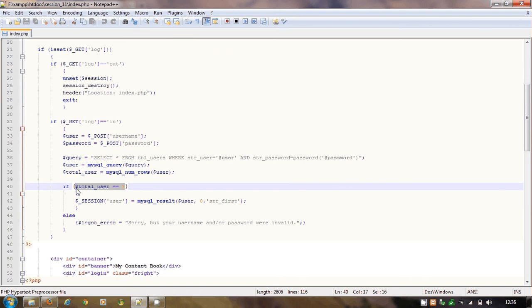The else statement makes a very simple statement. $logon_error is equal to this statement here. So you can see I've only got one single line, and all it's doing is storing this string in this variable, which we know we've used before. It then ends the brackets,